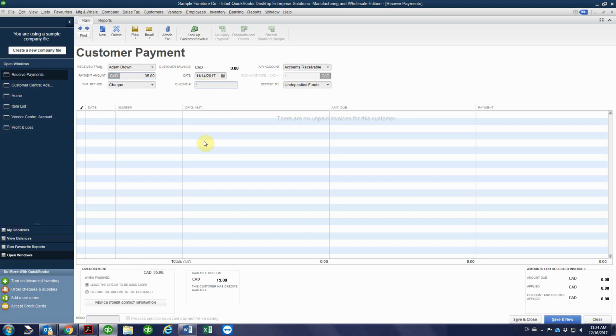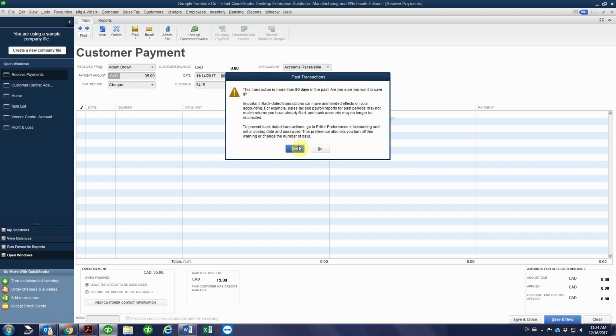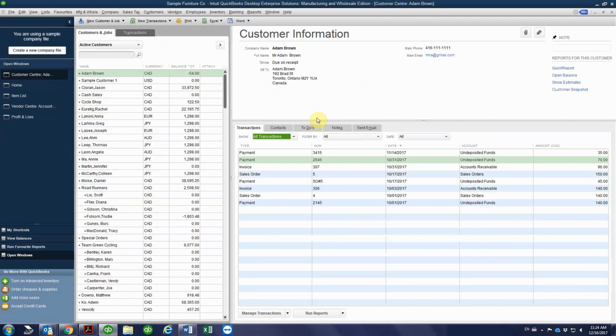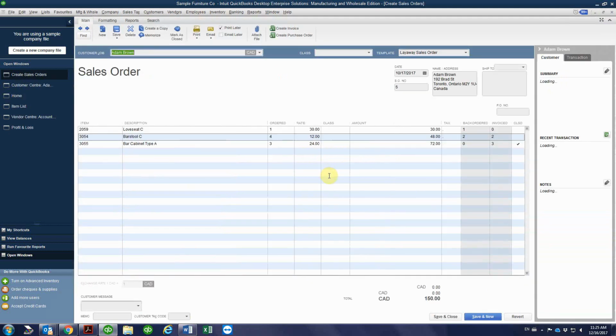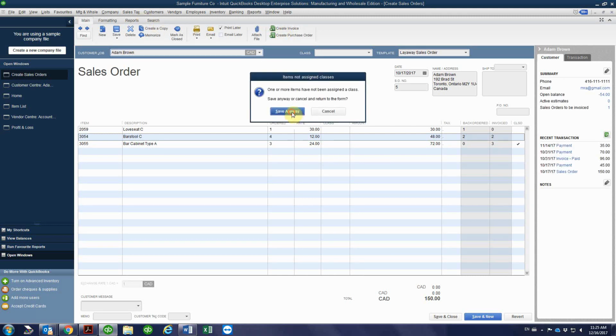And let's say it's been paid by check number 3415. So save and close, and we're gonna ship the back orders to the customer. So we come here and we click on create invoice,